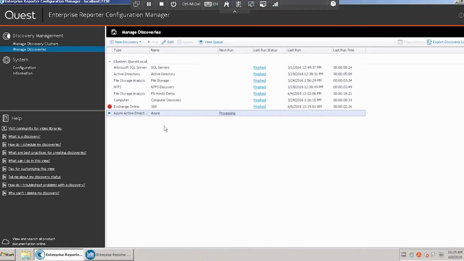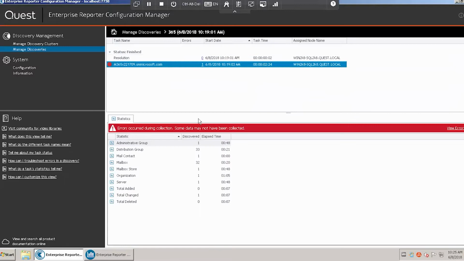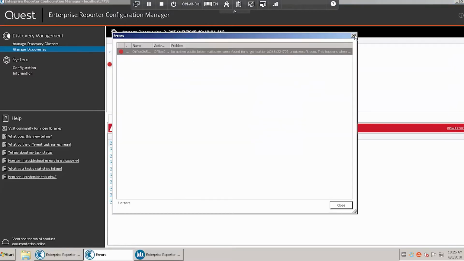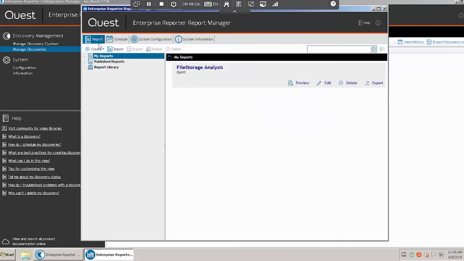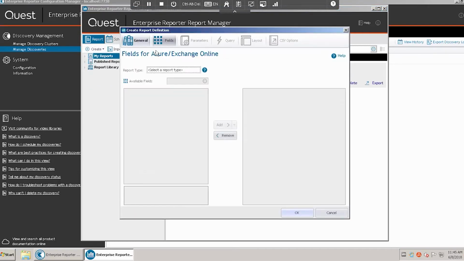Next, we can either schedule it or run it manually by right-clicking and clicking Run. For this task, there was one error, as there are public folders that are not configured yet in the target Exchange environment. Next, we head to the Report Manager, and we click Create and Report, and we'll enter some information